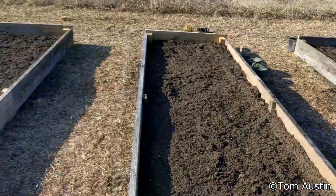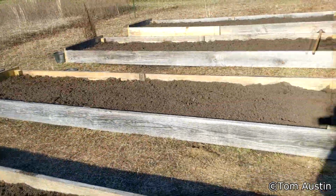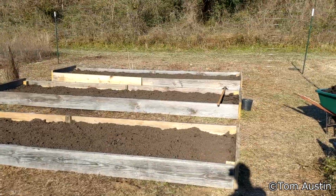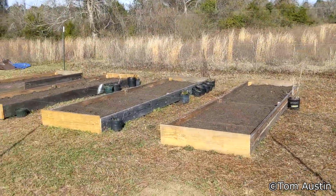And I've got a whole pile of seeds I'm gonna start sometime here. I've got the little greenhouse starters. I think I'm gonna bring them out here and just set them out on the beds the next couple of weeks and get them started. I'm out here today to put some stringers on this because